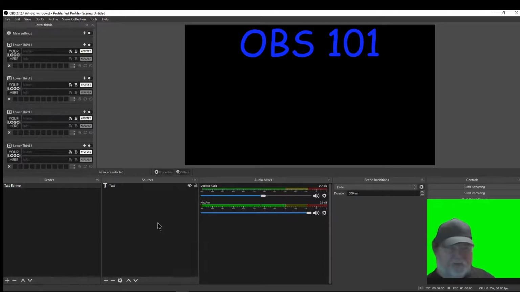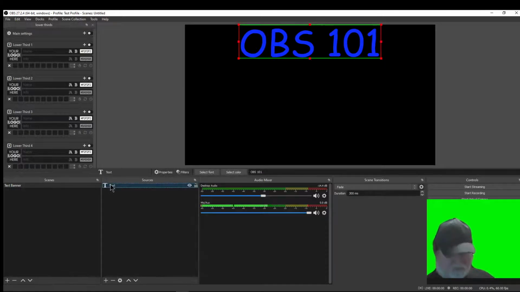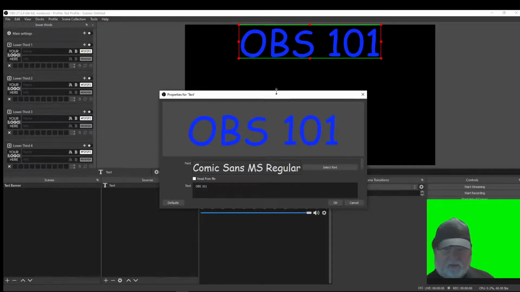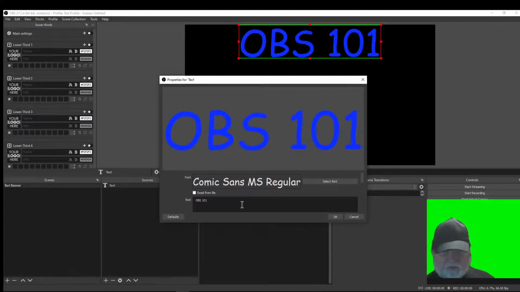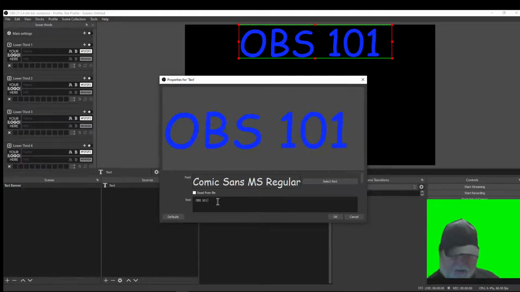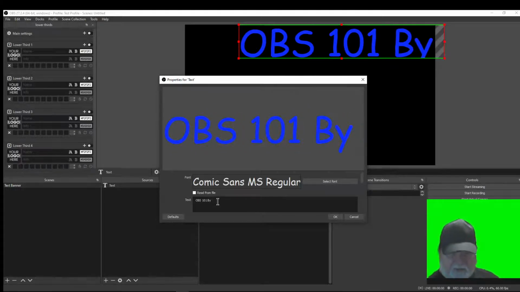It says OBS 101. I changed it to the font that I like, and I changed it to the color that I like. Now you do that in properties. You click on your source and properties, and then you come in here and you can adjust these all that you want. Right here's your fonts. You can import fonts as well. This is your text. And then if I add in here by Ken Stout Live,